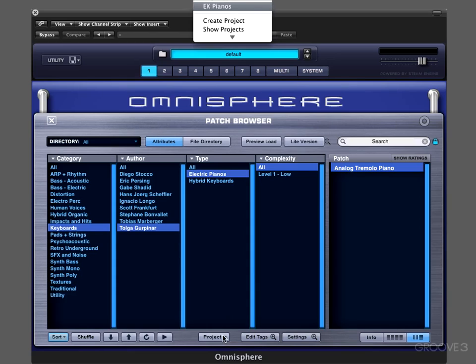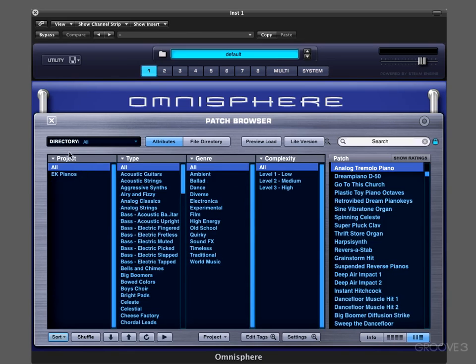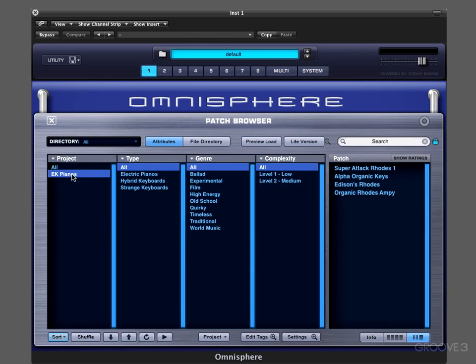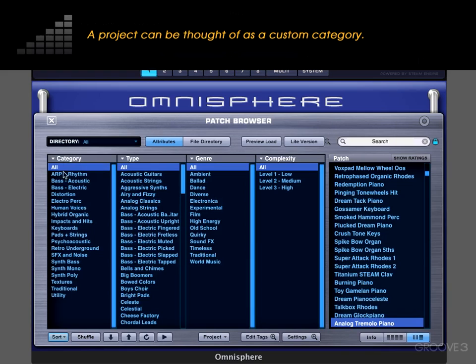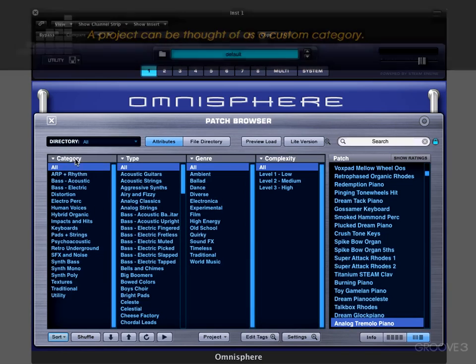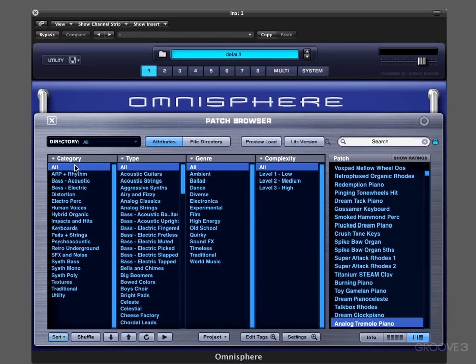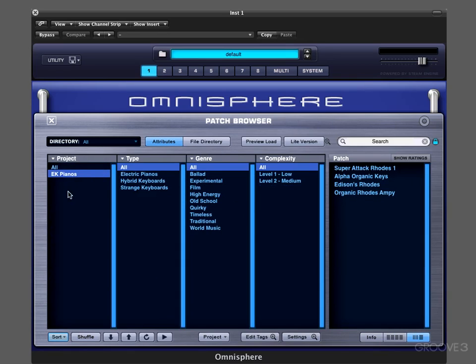So to do that, I can switch here to show projects, and it'll automatically switch the category over here to show the projects, and it'll show all the projects I have available. And right now there's only that EK Pianos project because that's all I've created, and there are my sounds. And I can also switch to the project from this drop-down menu here. I can alternate between the stock factory categories and any custom grouping of sounds that I've created on my own, known as projects. So you can have sounds belong to multiple projects, and all you need to do is select them and tag them in the different projects,